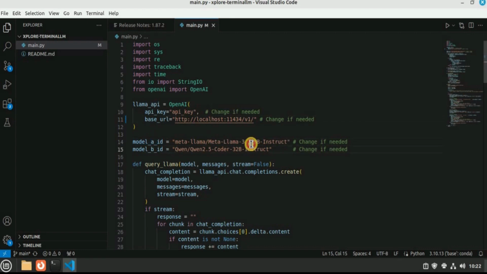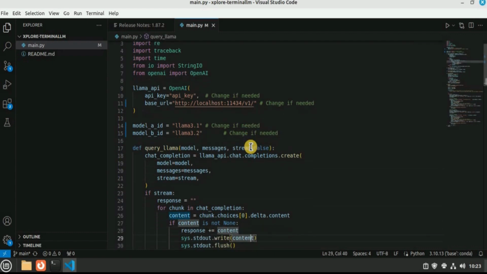So I want to interact with Llama 3.1 and Llama 3.2, and I'm not getting the models from the actual Hugging Face repo. Rather, I've downloaded them using Ollama. So here I'm simply going to provide the model name, which is Llama 3.1. And then for the second model, the name is going to be Llama 3.2. And these are all the changes that you need to make.